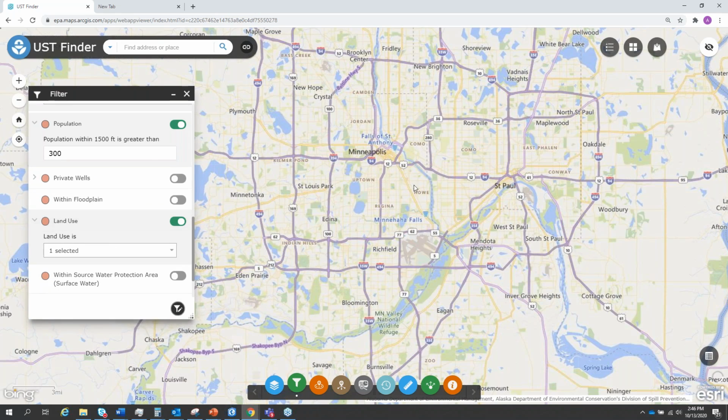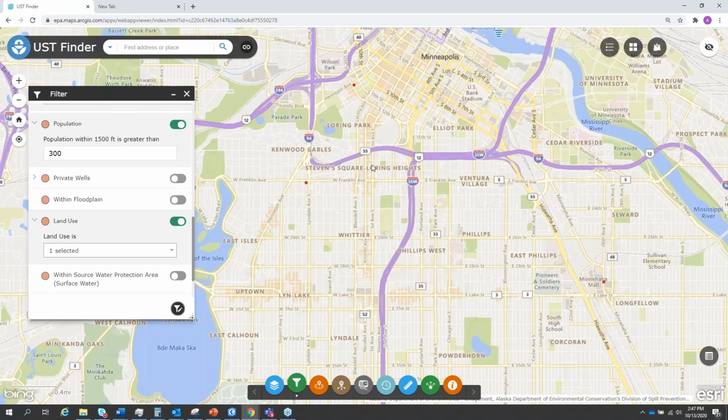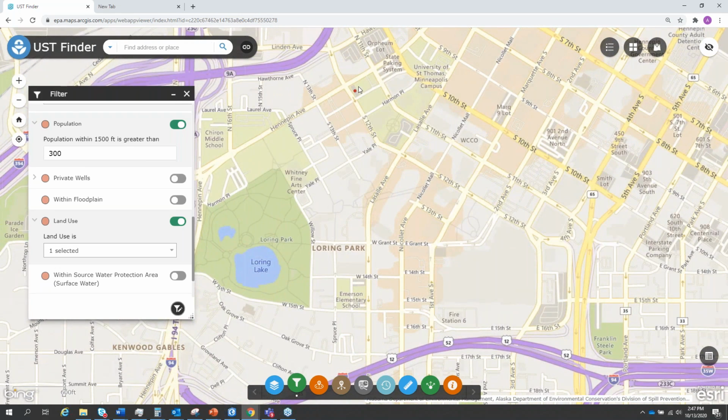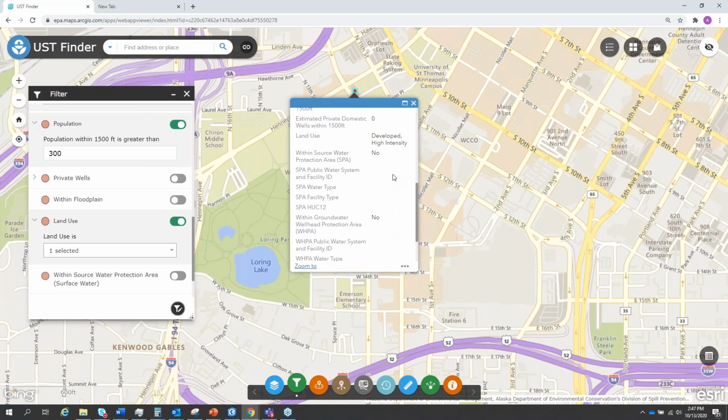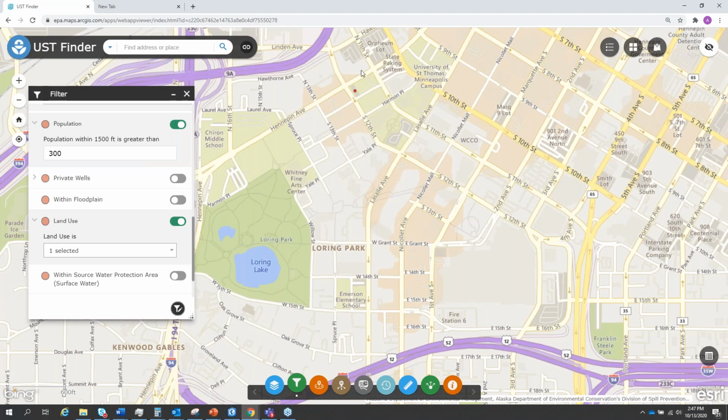And then these sites meet all three of these criteria. I'm giving this as an example of maybe remediation selection. Do you want to use biosparging or bioventing in a densely populated area? This is a way of triaging this, and if you're concerned with petroleum vapor intrusion, this can tell you that there's a lot of people nearby. At this site, there are 3,600 people living nearby this active site, and it's in a high developed area.